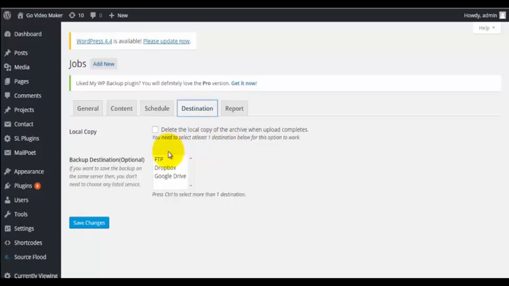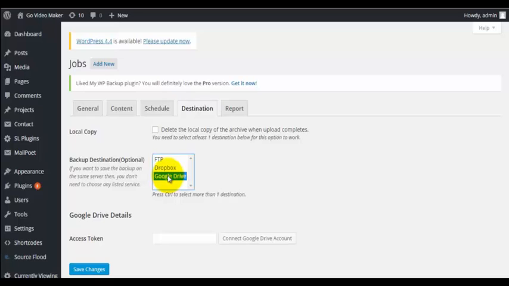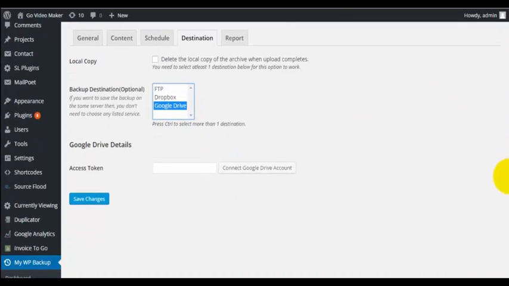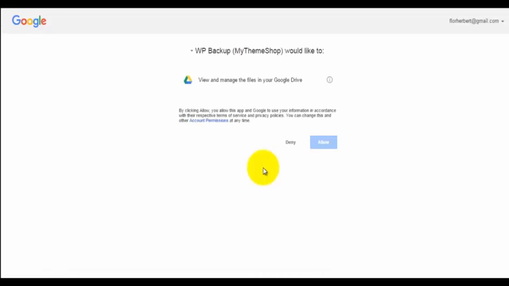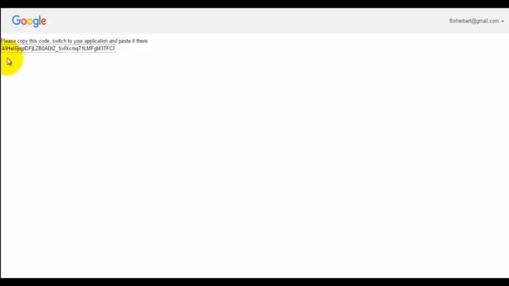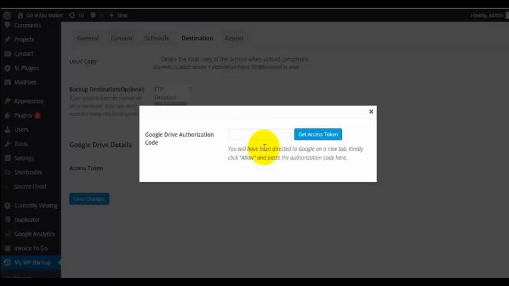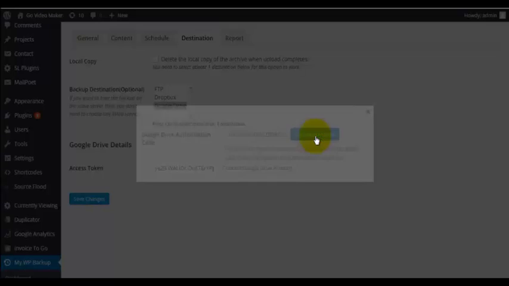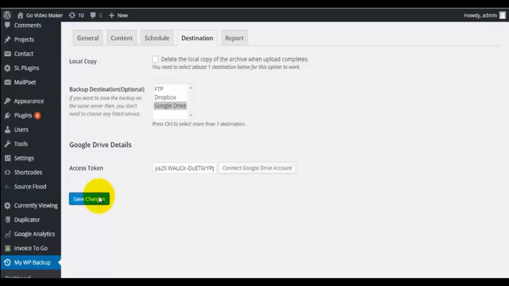You can choose Google Drive, so you need to access your Google Drive. Connect to your Google Drive account, then click Allow, then copy this code and put it right here, and then click Save Changes.